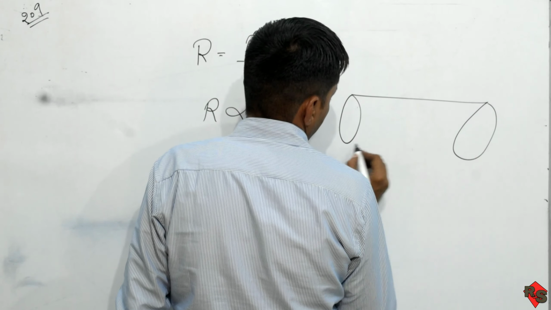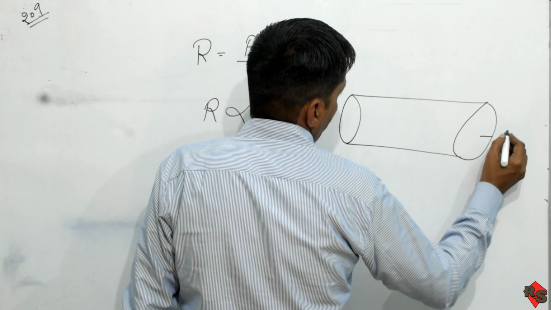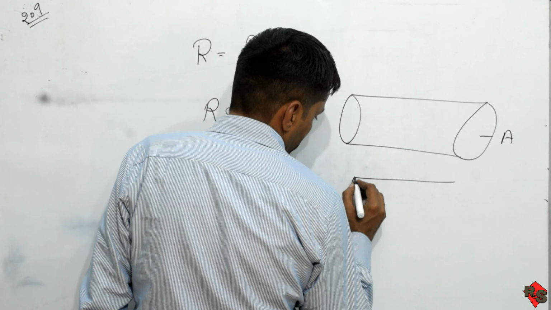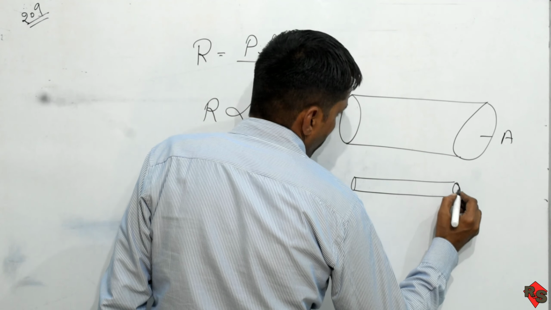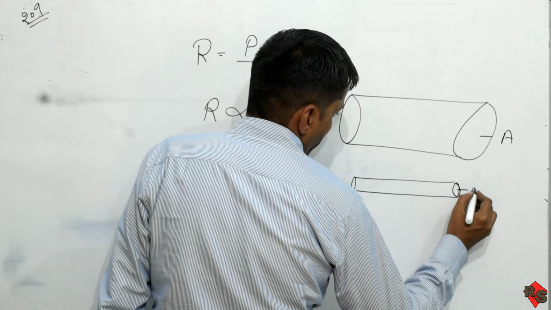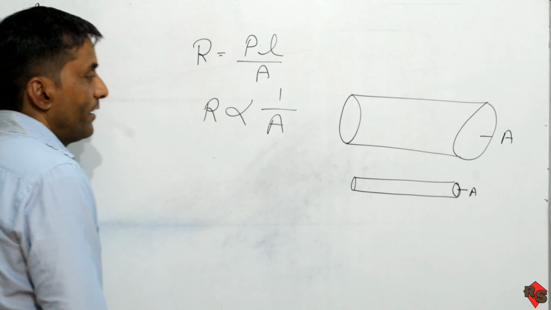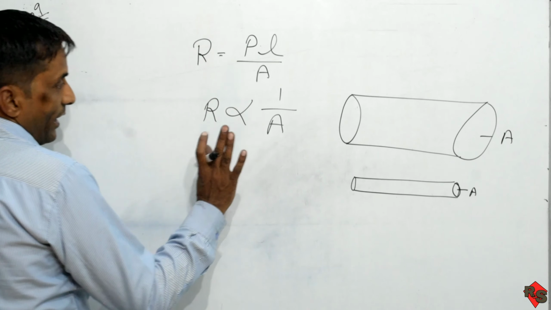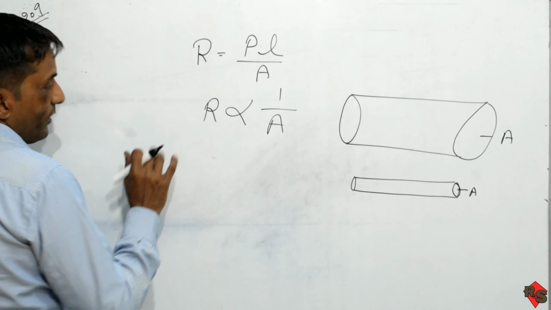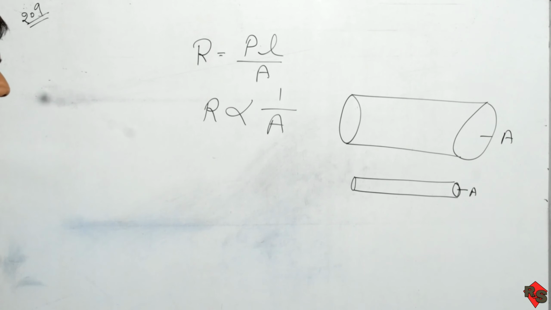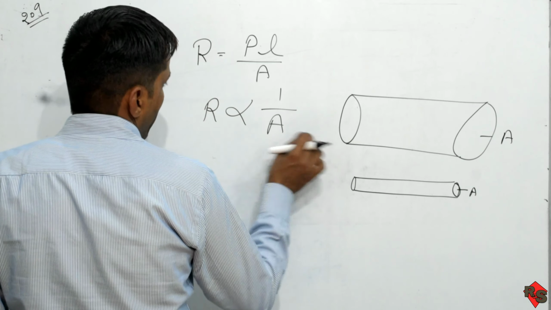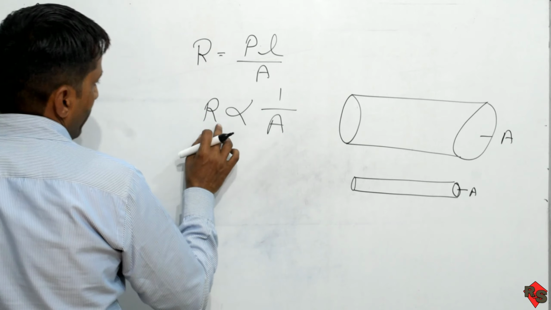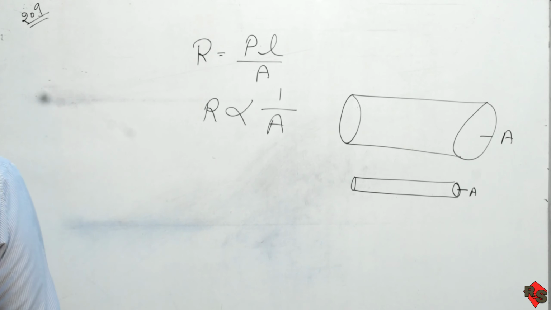This is the wire, and let the area of cross section be A. This is the thin wire and this is the thick wire. Here we can find that area is inversely proportional to resistance. If the area is larger, then the resistance decreases, and if the area is smaller, then the resistance increases. So you can know: